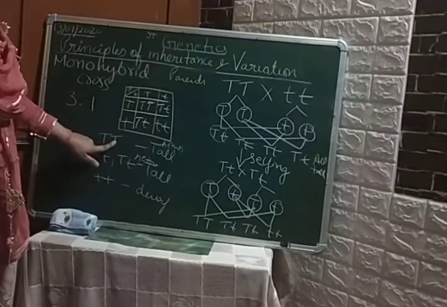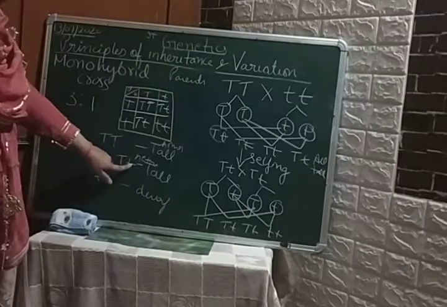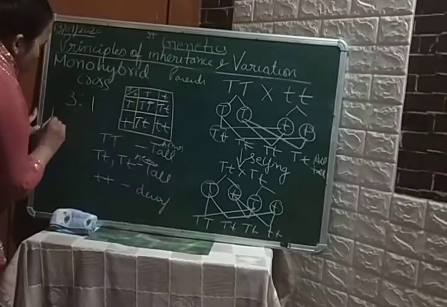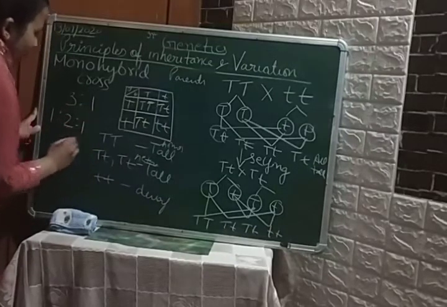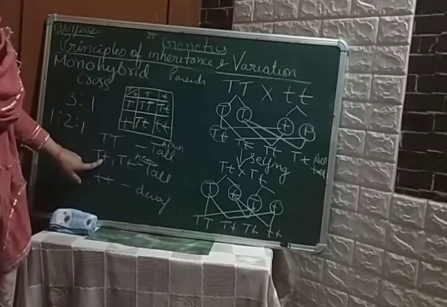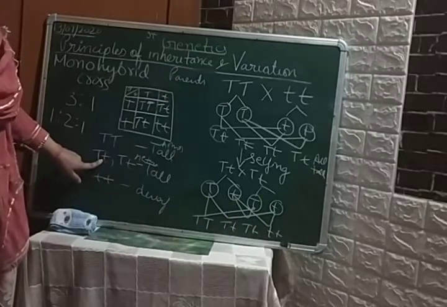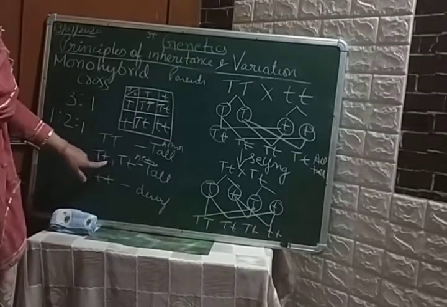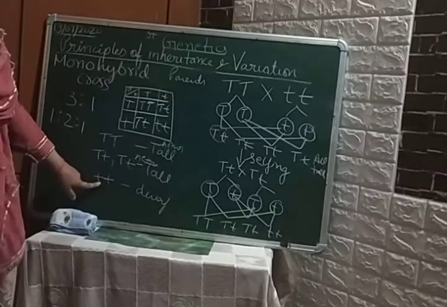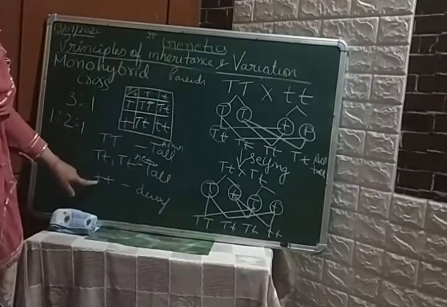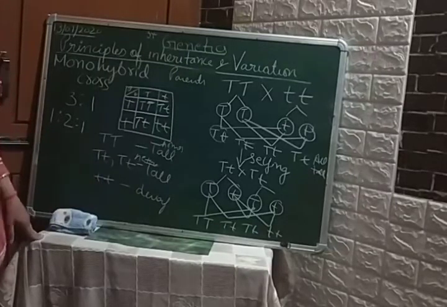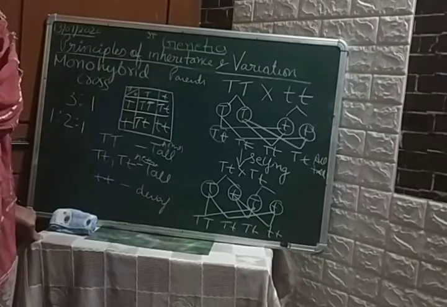It is capital T capital T, capital T small t, capital T small t. Now they are different. Okay, and it is also different. So the genotypic ratio is 1:2:1. 1 represents homozygous tall, 2 represents heterozygous tall, because here I am dealing with your heterozygous condition and not homozygous condition. Clear? And here 1, that is small t, dwarf. Clear? 1 represents dwarfness. Clear? I hope you have understood the phenotypic and genotypic ratio.